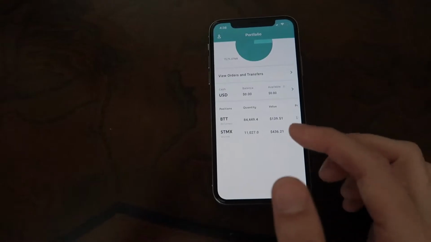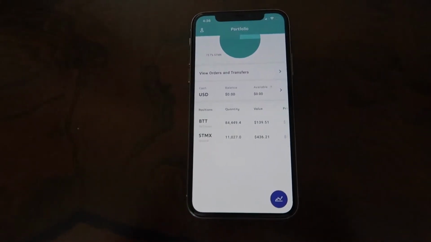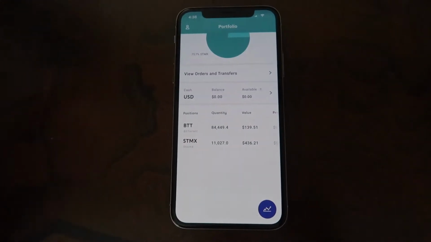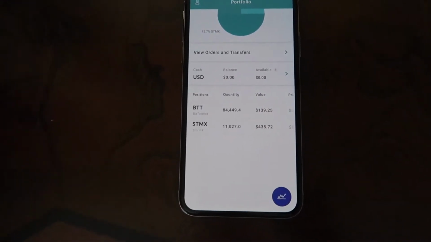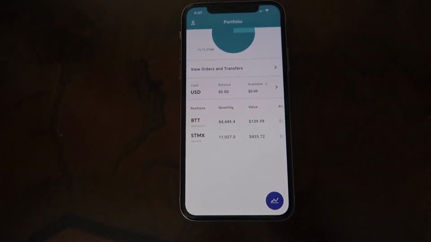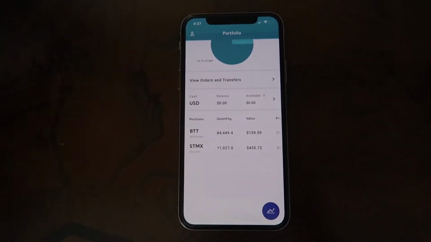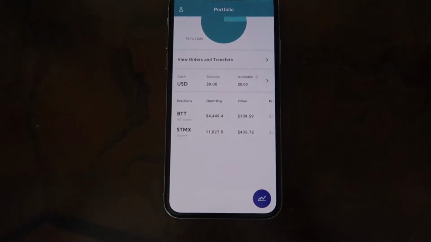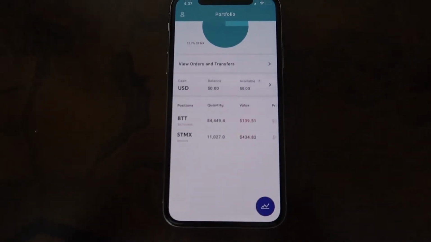The reason why I bought Storm is because it had the lowest market cap I saw during that time. And BitTorrent was a name I heard on the internet. My friends were recommending BitTorrent, so I was like, you know what, might as well just buy some BitTorrent. And that's the story of why I bought these two. Literally no other reasons. I don't know much about cryptocurrencies, but I do know a lot now about how to use